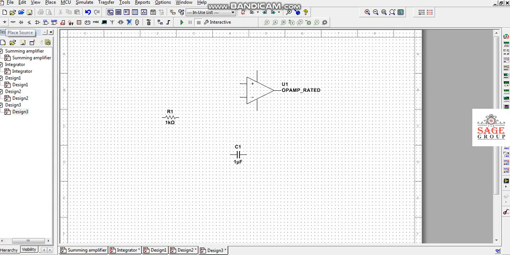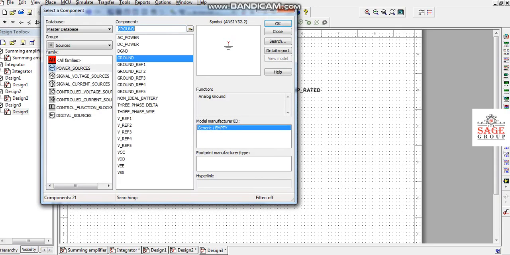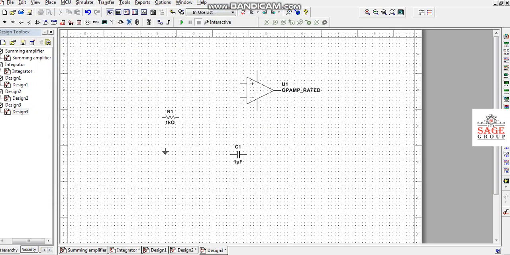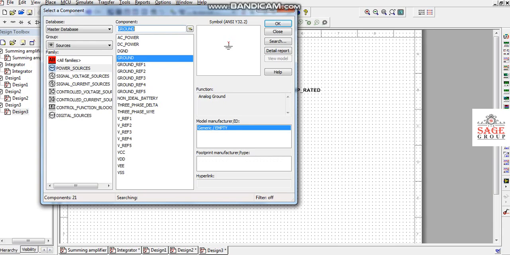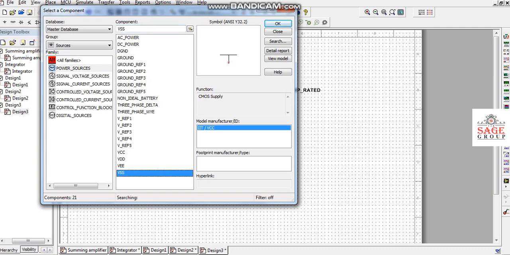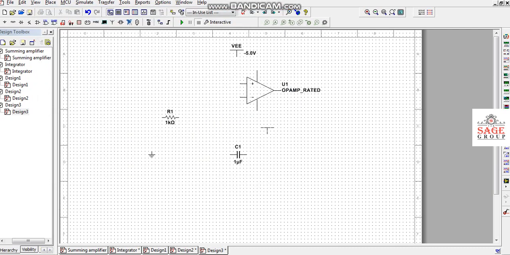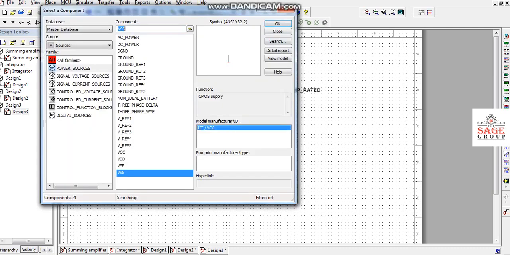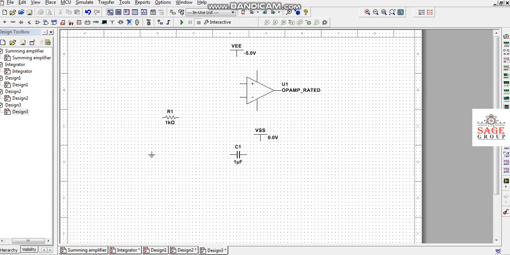Then I will require different power sources, ground, then VCC and VSS. So in this way I have placed all the components required to make the integrator circuit in the circuit window.